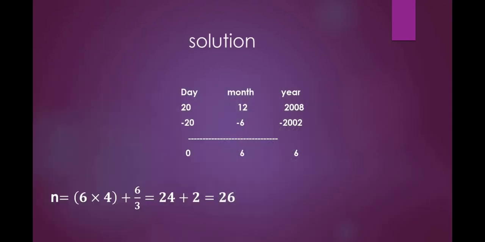Solution. We will start with the date of December 2008 minus the date of June 2002, and we will start with days. 20 minus 20, which is equal 0, 12 minus 6, which is equal 6 months. At the last, 2008 minus 2002 equal 6 years. So the total time is 6 years plus 6 months,